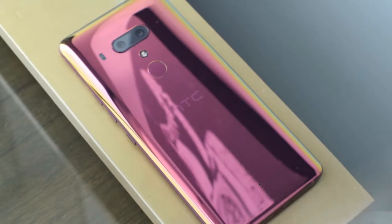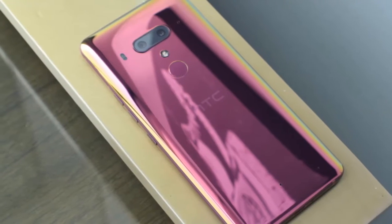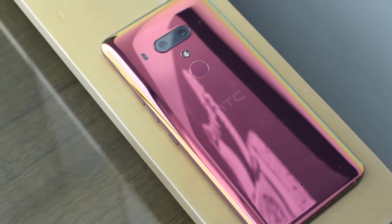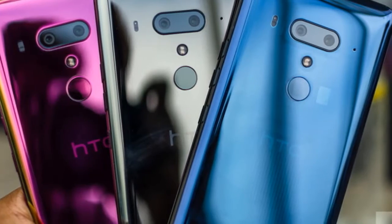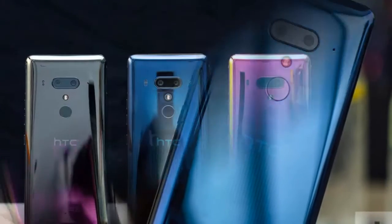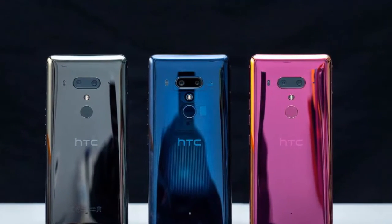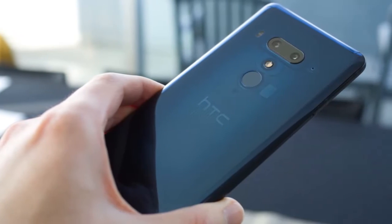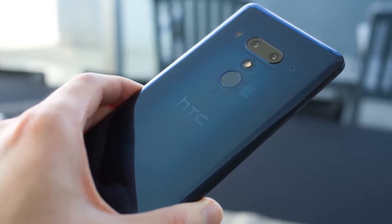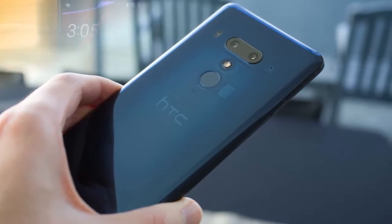Can HTC make you care again? In amongst the flashy launches from Samsung, OnePlus, LG and Motorola, it's easy to forget that we haven't yet seen a 2018 flagship from HTC. Until now, that is. The HTC U12 Plus will be the brand's high-end device for 2018 and, rather oddly, it